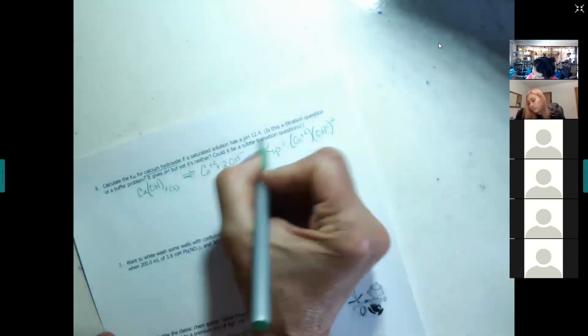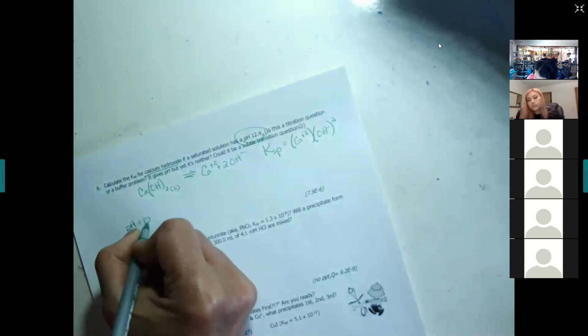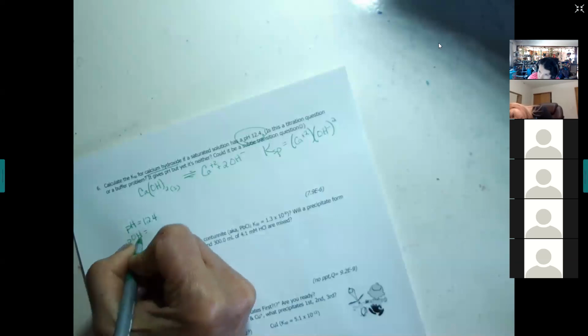All right, we're calculating the KSP. I will give you KSPs on these so that we all have the same KSP when we're doing the test. Online again, depending on what website you go to, you could probably find 50 different KSPs for calcium hydroxide. So if it tells you the pH, if the pH is 12.4, then the POH, you also know,